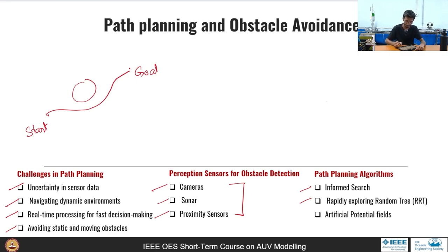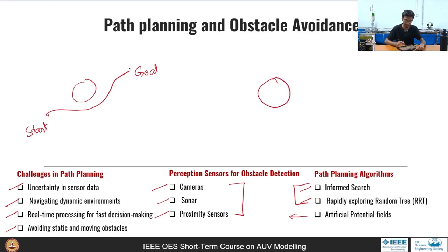And there are faster but non-optimal algorithms also, such as the rapidly exploring random trees. But these two can be classified as global planning algorithms. As opposed to this, we also have various local planners. One of the common local planners used in a lot of robotics is the artificial potential fields algorithm,